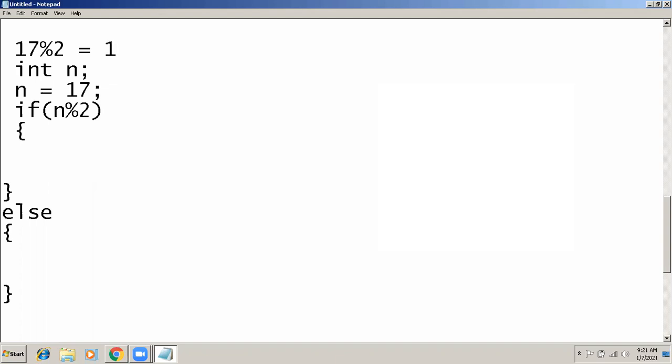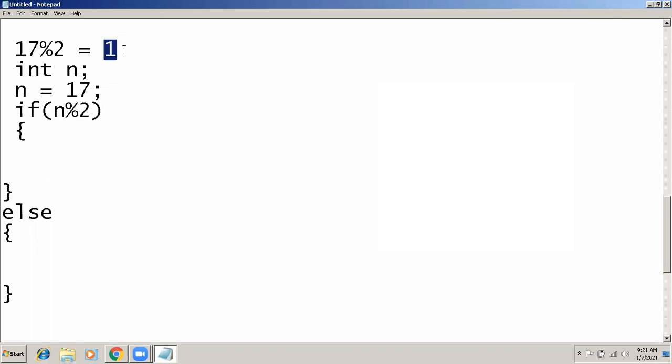So if you are getting 1, then how can you decide whether it is even or odd? We have to write a logical expression here, and that expression can be either true or false. If I write n modulus 2, it is generating the value 1.